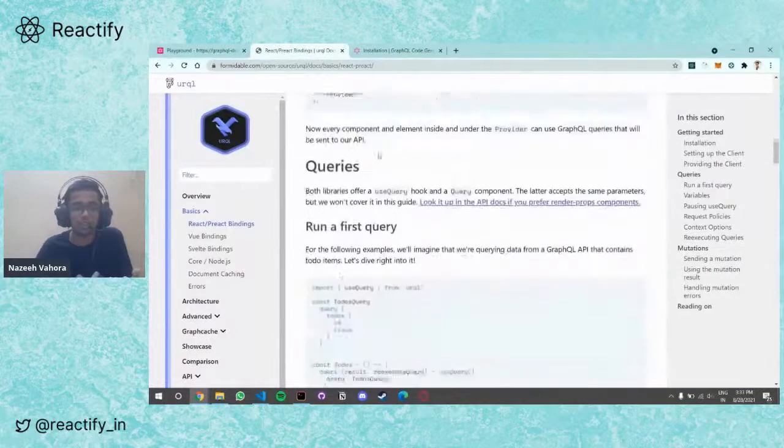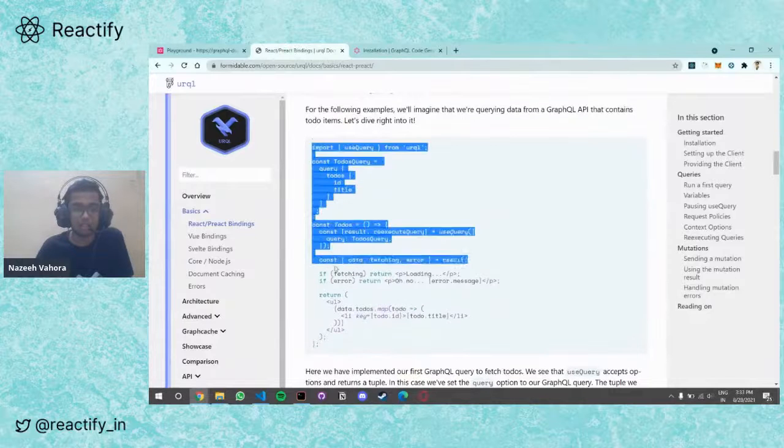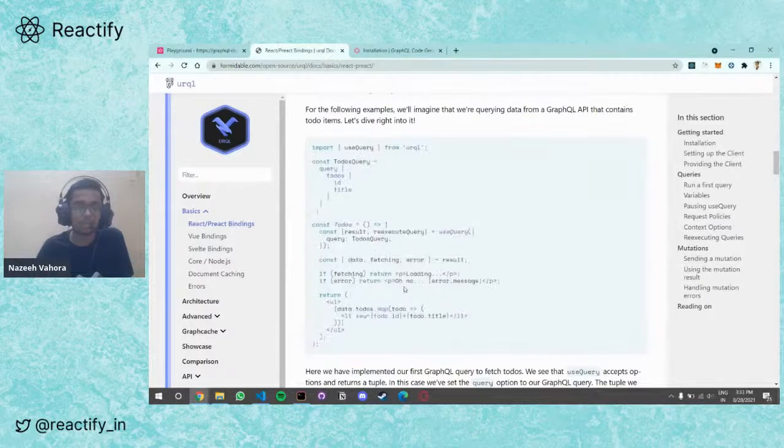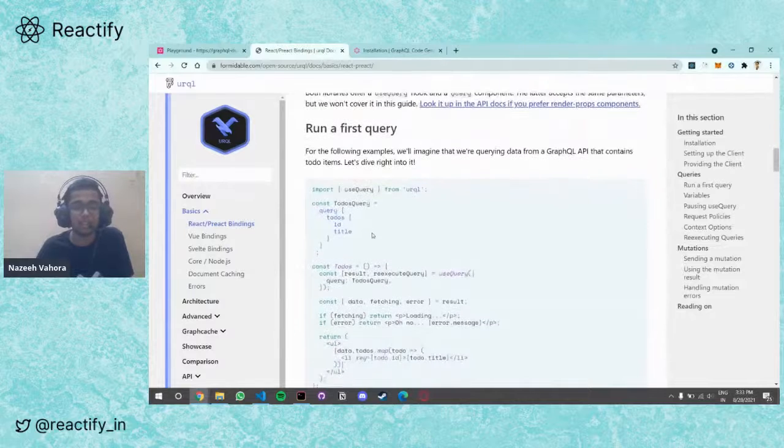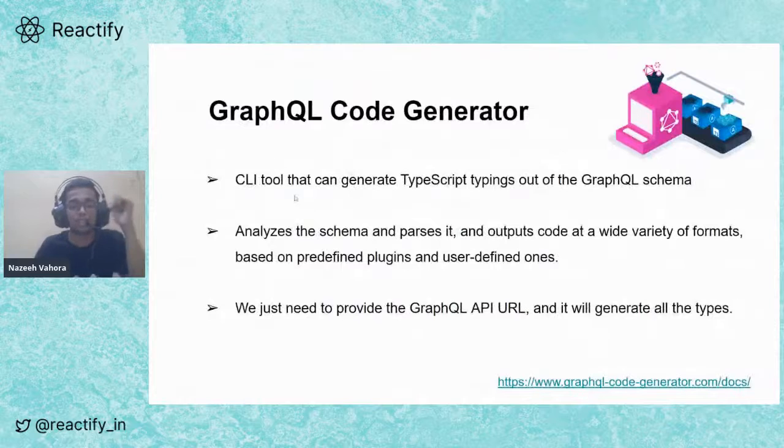We can also query our API the way it is displayed here. But instead of using it, I will be using another library called GraphQL Code Generator. And what is Code Generator? Basically, GraphQL Code Generator is a command line tool that can generate TypeScript typings out of the GraphQL schema.